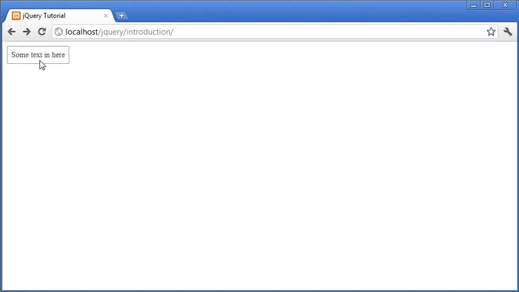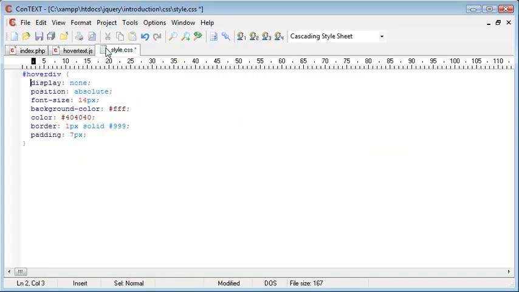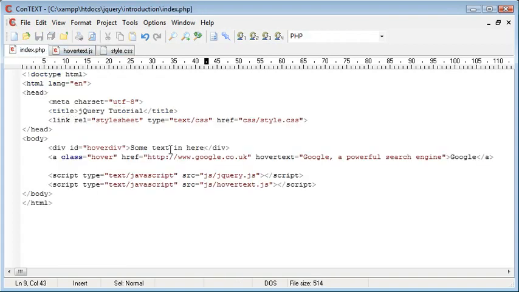Now you can see that's automatically overlapped my link. My link is underneath here somewhere, and that's simply because we've set the position to absolute and not relative or block or anything else like that. So now that we've got this and we're happy with the look of it, we can go ahead and hide it again. And the reason I've just shown you this is because what we're going to be doing is changing